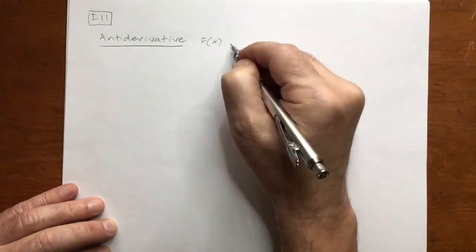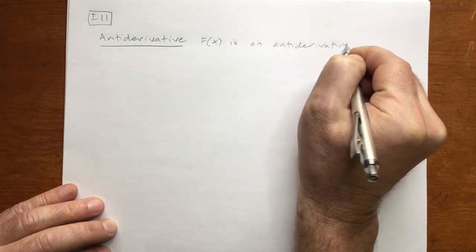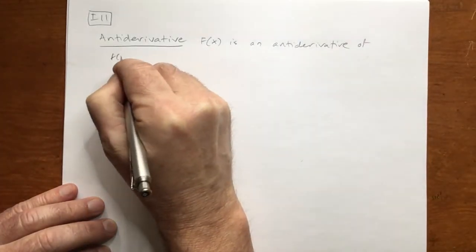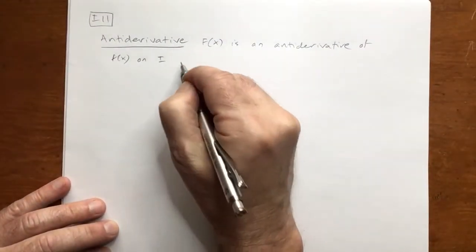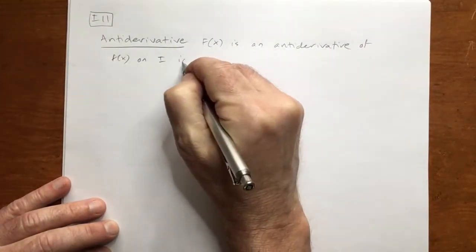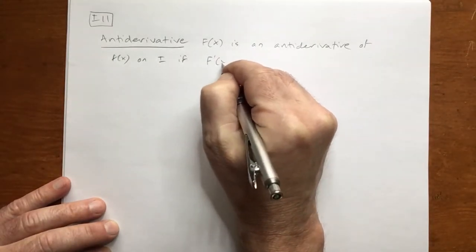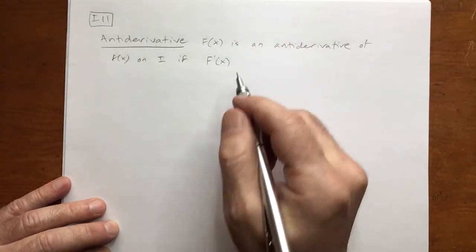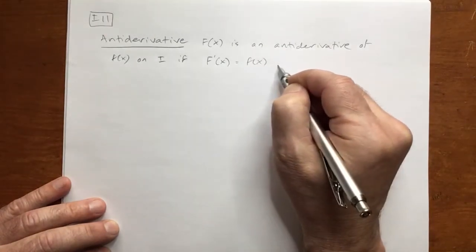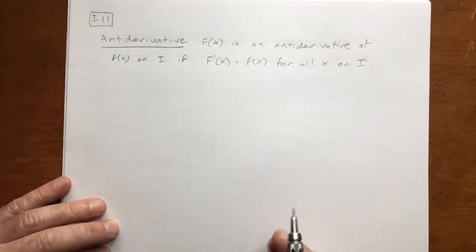A capital F of x is an antiderivative of f of x, that's lowercase now, on an interval I, so from this x to that x, if the following is true. The derivative of capital F of x equals f of x for all x on I. But to put it simply,